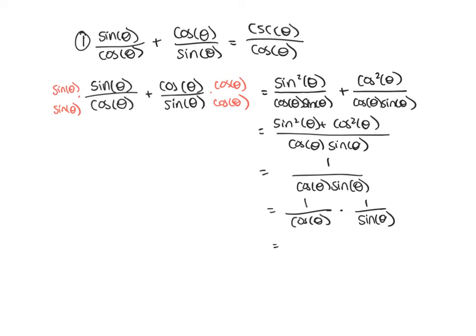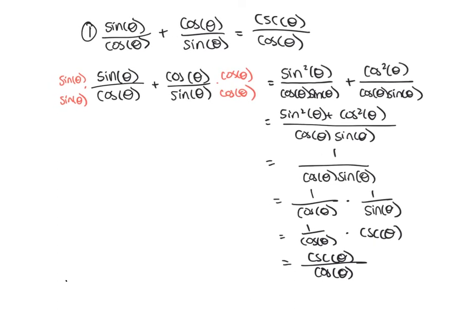We also know that 1 over sine of theta is cosecant of theta. So when I multiply these together, I get cosecant of theta over cosine of theta, which is exactly what we wanted. So we've used our algebra skills, Pythagorean identities, as well as reciprocal identities to go through and prove